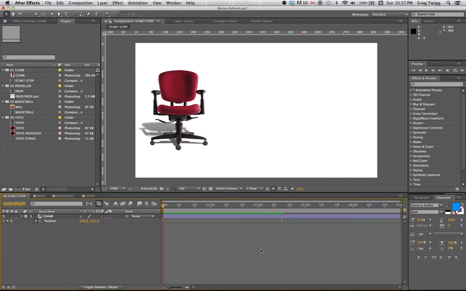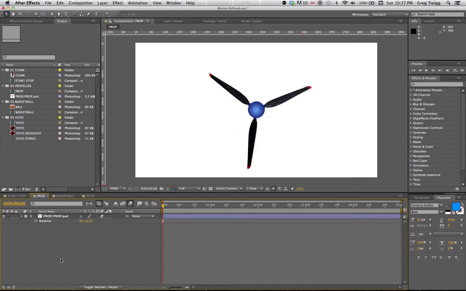So let's look at this in another example. Let's go to the prop comp. The prop comp has a prop that I made. It's a Photoshop file, and we're going to deal with rotation. And what I'd like you to do is follow me, please, through this. If you're not following me through these exercises, you're not learning as much as you could. If you're just watching them,